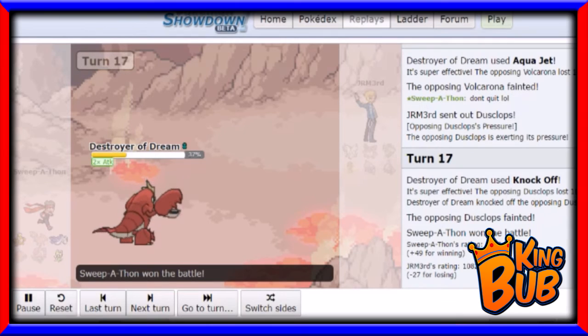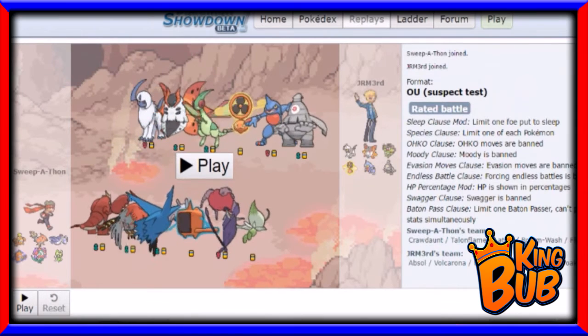Of course, you always gotta check everything, and like I said, Talonflame and Landorus can check a lot of things for him, and then from then on, just set up that sword stance. Just make sure when you set up the sword stance, you know you can take anything. Like, I set up on Absol, and I'm about to just reset this thing. I set up on Absol because I knew I can